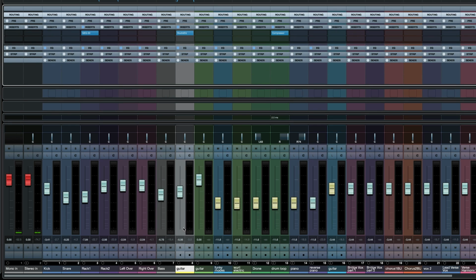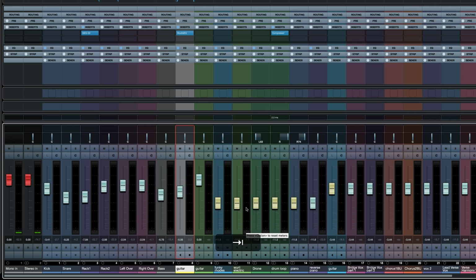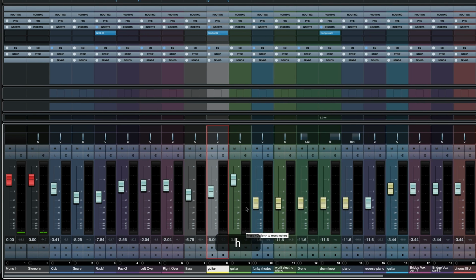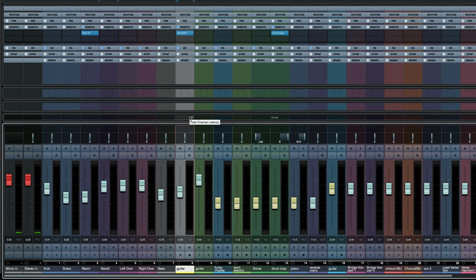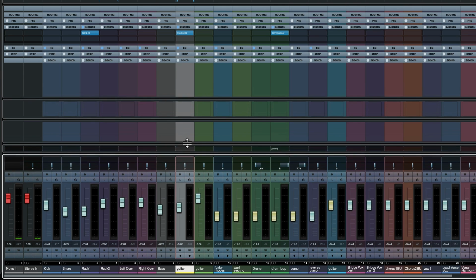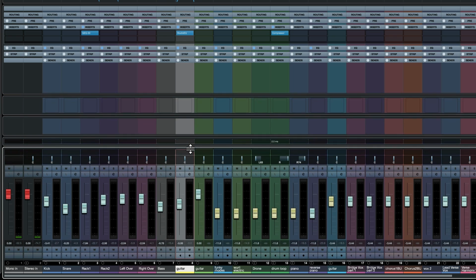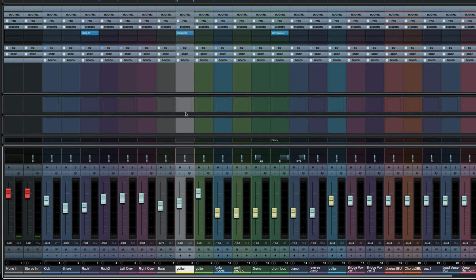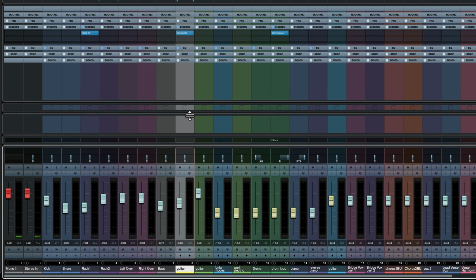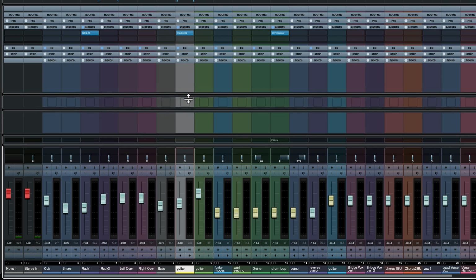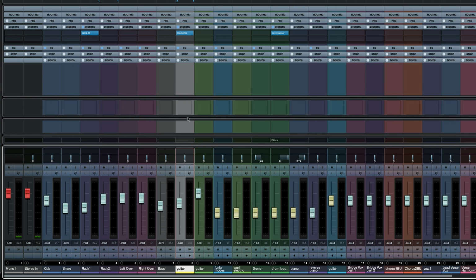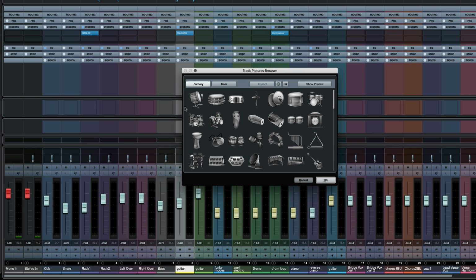That's the mixer area, and above the mixer area I just wanted to show you, of course you can use G and H to zoom in and out, but you've got these little zones here that are all sizable. One of the nice things with Cubase is you can choose your resolution depending on the screen size you've got, and you can change these sub windows so that they fit the things you want to have in them. The pictures are pretty easy to use.